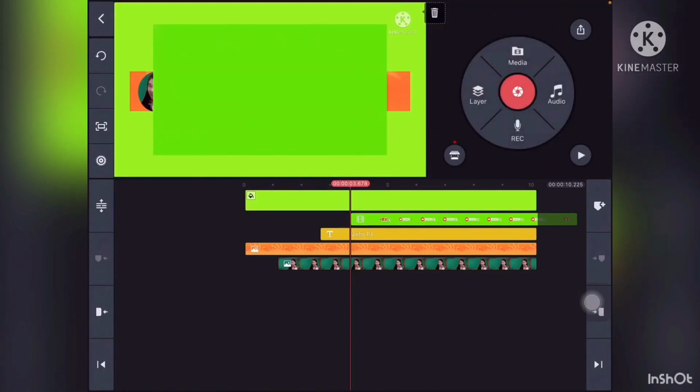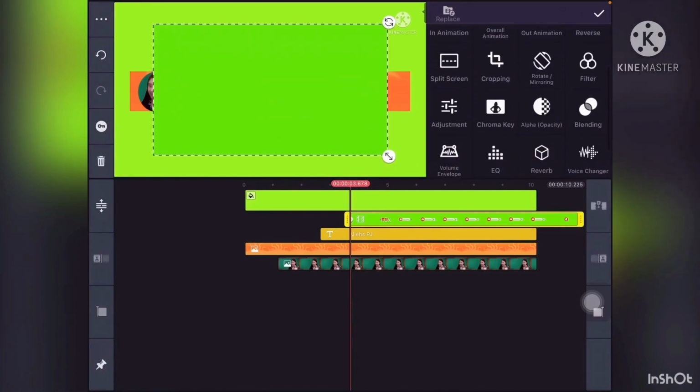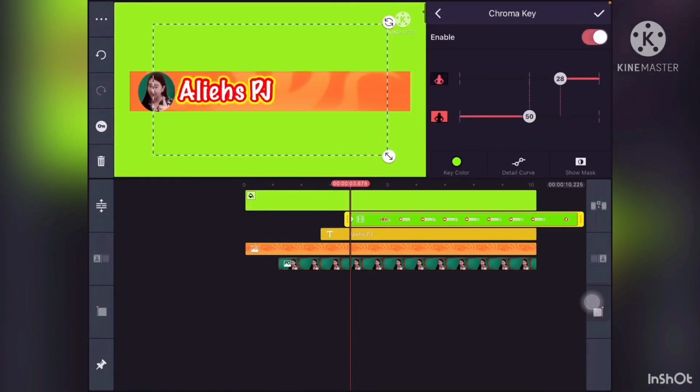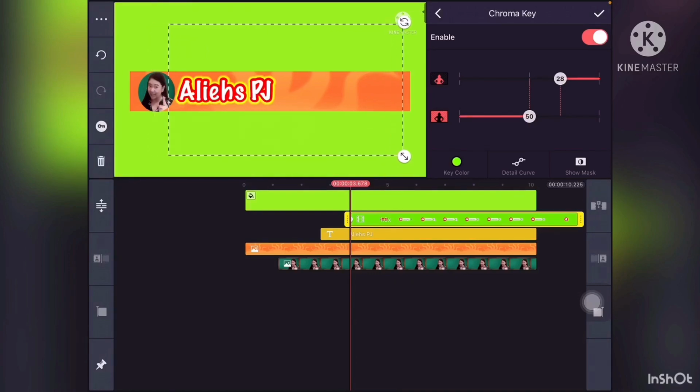Okay, and then look for chroma key. So click chroma key, enable it, so the green background will disappear, and then